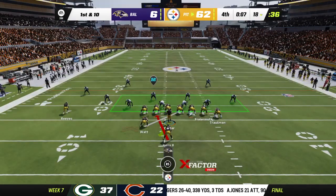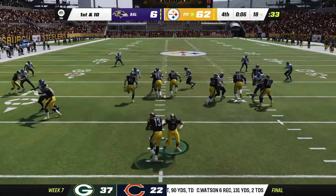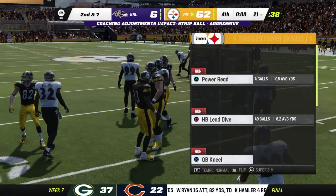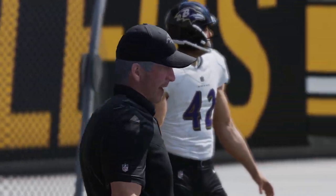And control of the football, switching hands here with very little time remaining in this contest. They'll start on the ground here on 1st down. Pass the 20 for a short gain, 2nd down. Well, fans usually love to see scoring, and there was